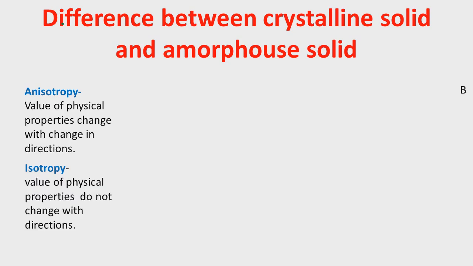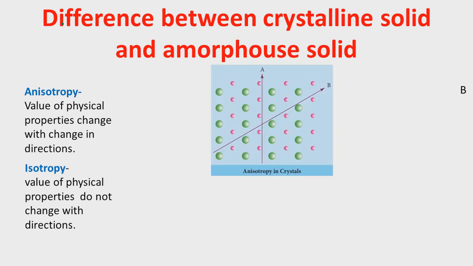In isotropy, the values of physical properties do not change with the direction. It means that if you change the direction, there will be no change in the physical properties of the solid. Both these properties I am going to explain with the help of one example, that is refractive index. Here we are going to see whether the values of refractive index will be the same or different throughout the crystal if we change the direction. So if we pass the light through A direction, here you can see the same